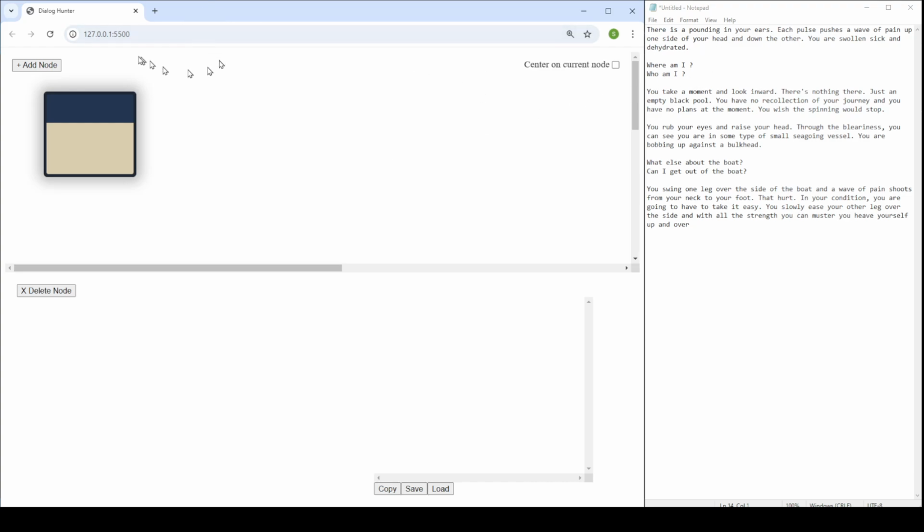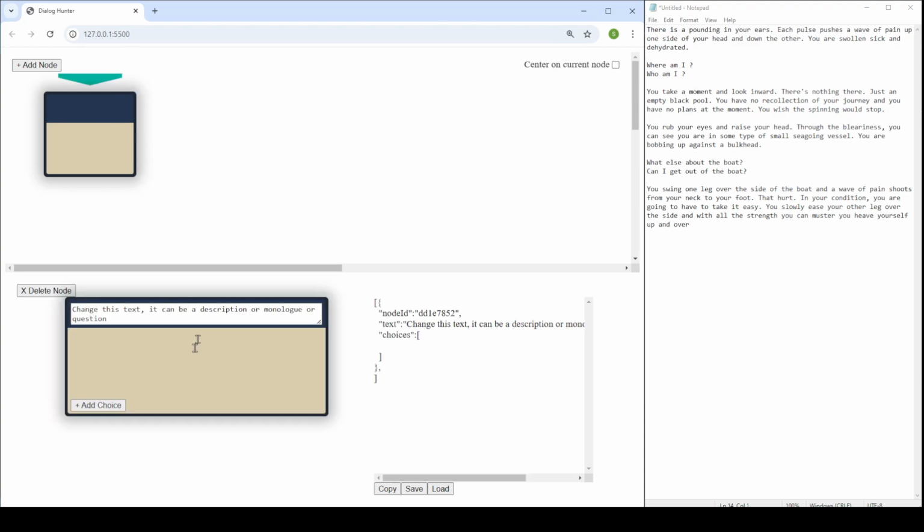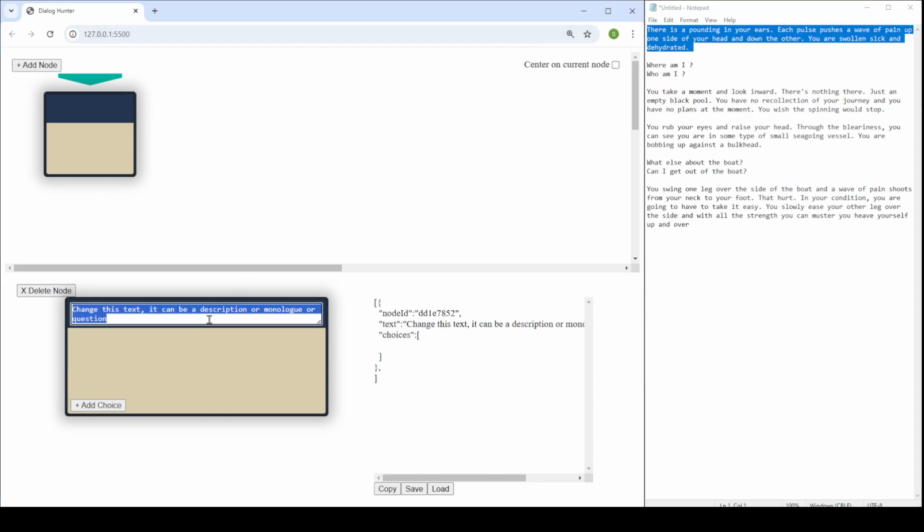So it starts off with one node, and clicking on a node will load it up in the editing area. And I'll just start to paste in some of the story. So